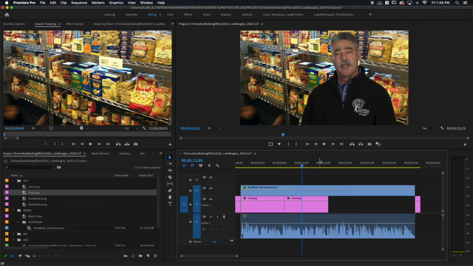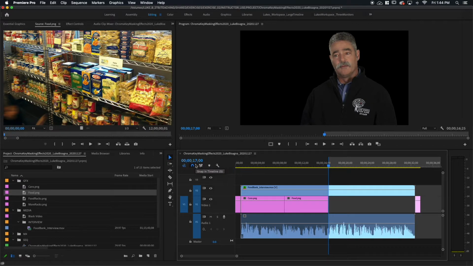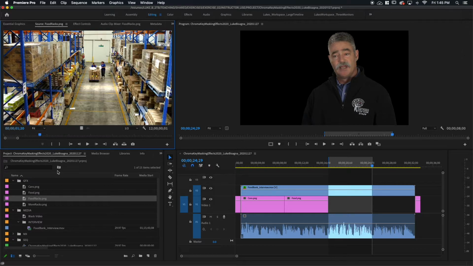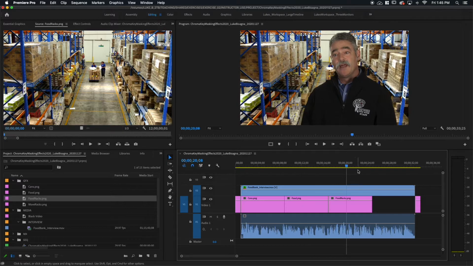All right, let's go to the next thing here. Down arrow to line up, mark the in. And so adding 7:29 to this would be 24:29. See, math is coming in handy here, even in a creative capacity. Boom, another 8 seconds. Let's get our food racks and marking in on that. Edit that down. Period key. All right. Cans, food, food racks.